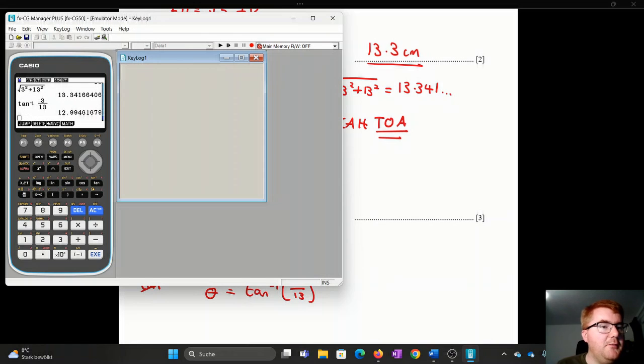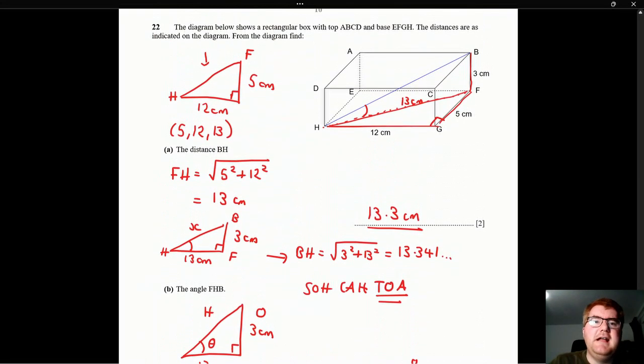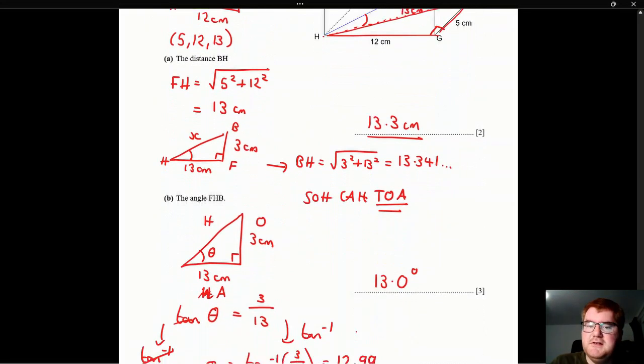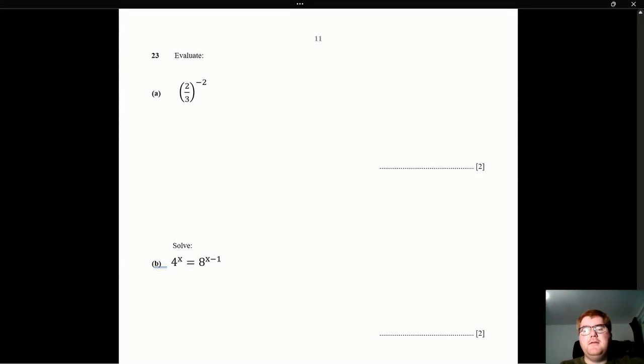That gives us 12.99. Nice number to round here. So rounding again with 2 nines here, we have to be careful, we then get 13.0 degrees. So 13.0 degrees for our 3 marks. Make sure you put the degree sign in as well. That's important to do. Okay, our last question here, so question 23, bit of indices, again, a very common topic,